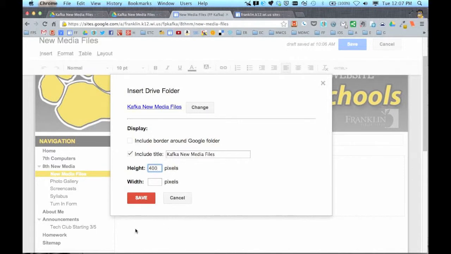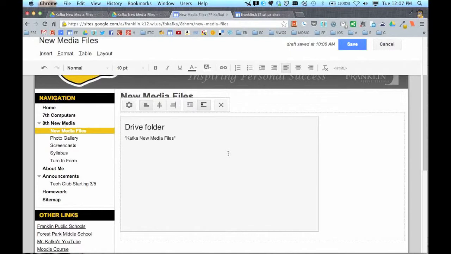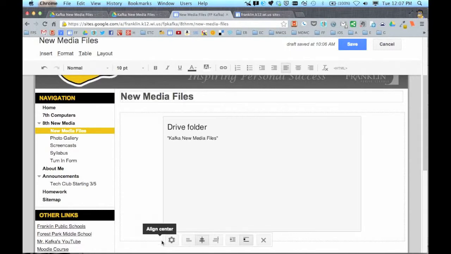Width, if you leave that blank, that just means it'll fill the width of the page you're putting this on. So I'm going to choose to leave that blank, and I'm going to hit save. So here's what it looks like in edit mode still, just a box that represents where that's going to go. I'm going to center this up, and I'm going to hit save, and let's take a look at what this